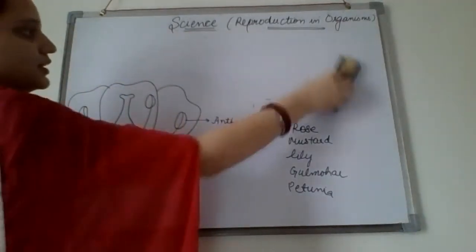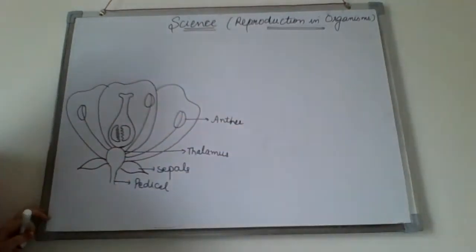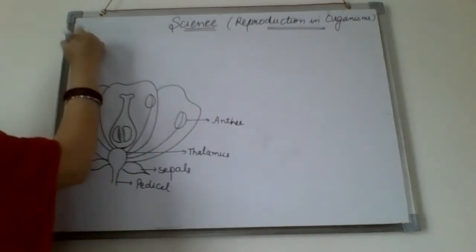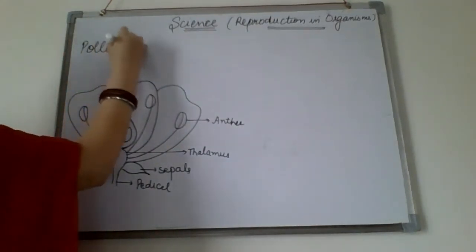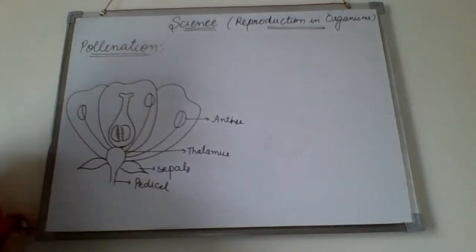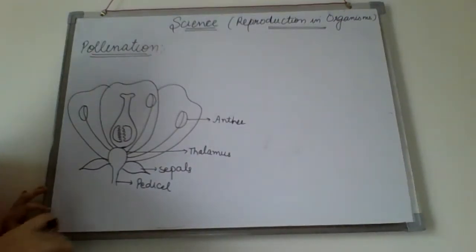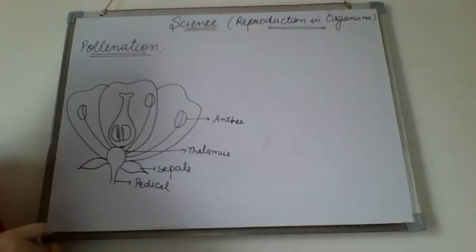So after this concept, we will be moving to the next topic that we call pollination, because this is very important in the case of sexual mode of reproduction. Now, what is actually pollination? Now, we know the pollen grains are going to meet the stigma, right? So how are they going to transfer? How are we going to transfer the pollen grains from the anther to the stigma of the pistil?